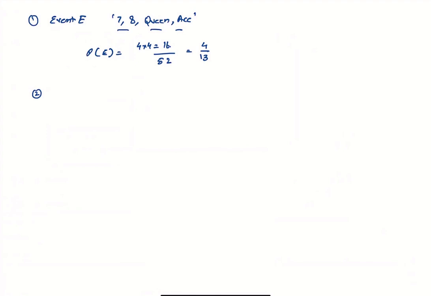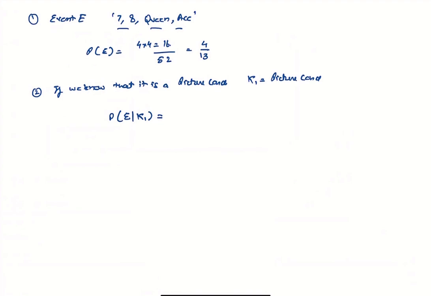Second question is, if it is known that we have a picture card, so we have a known information, that is K1, that it is a picture card. Now we want to know the probability of E, knowing that we have a picture card. Now the picture card is only queen, so there are 4 queens, so the total possible ways the event can be is 4,